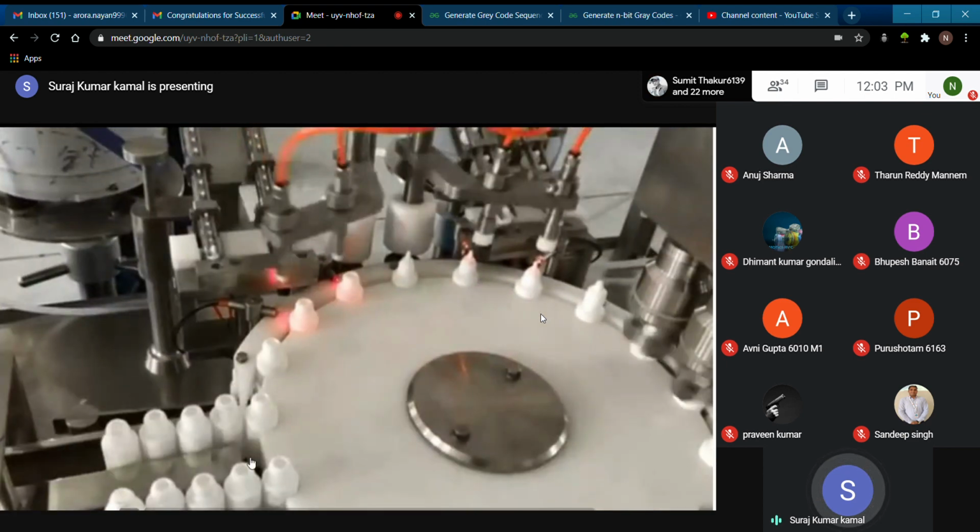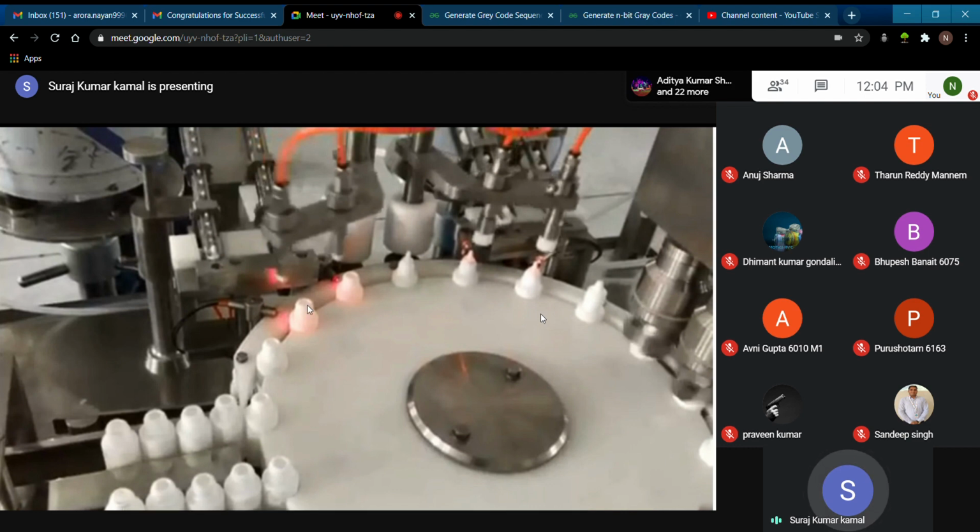Here you can see the number of bottles that will be moved to the next station is controlled by this rotary cylinder. Again, this is a mechanical arrangement controlled by a pneumatic system. And over here there are two robotic arms having 4 legs, having 4 hands, where they will pick a cap from a different station that will be coming towards here, and they will pick from one place to the dedicated place.